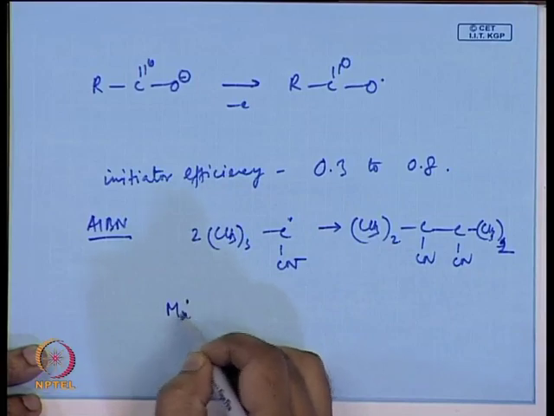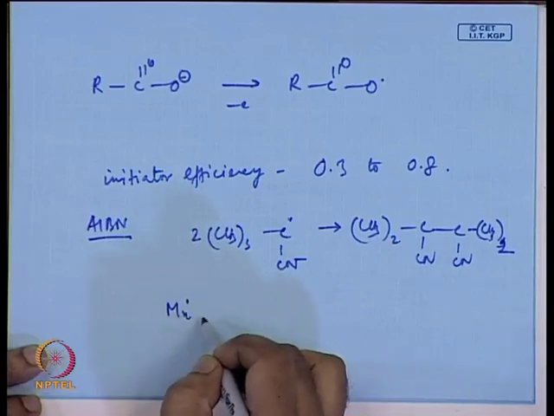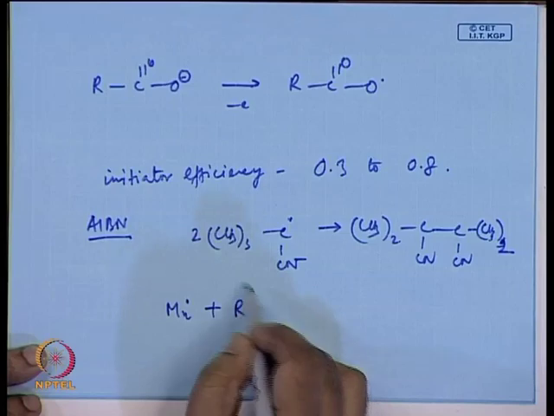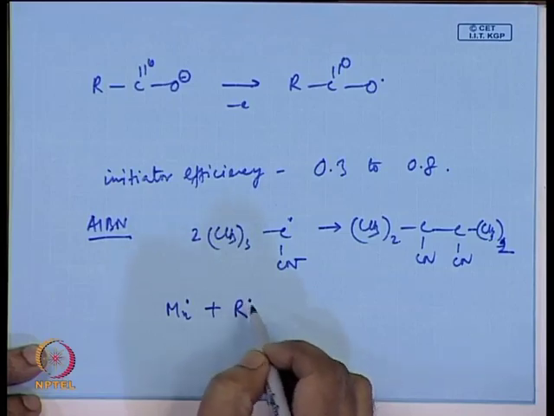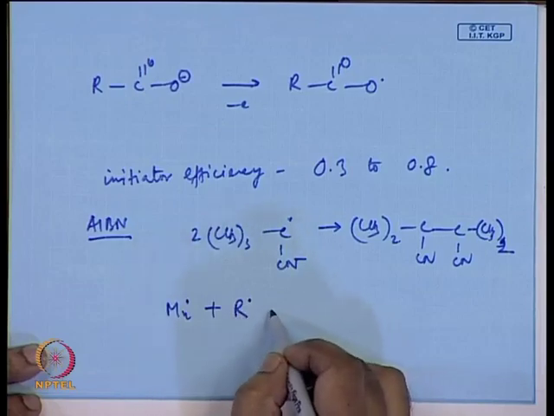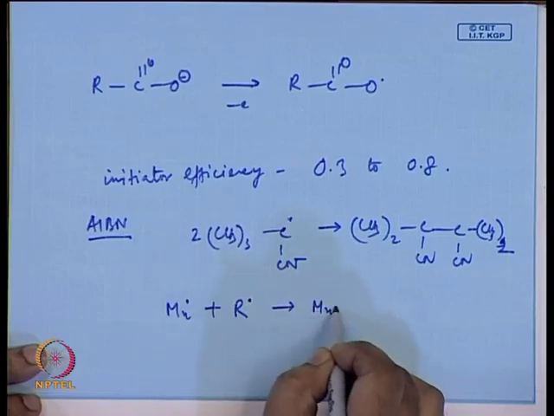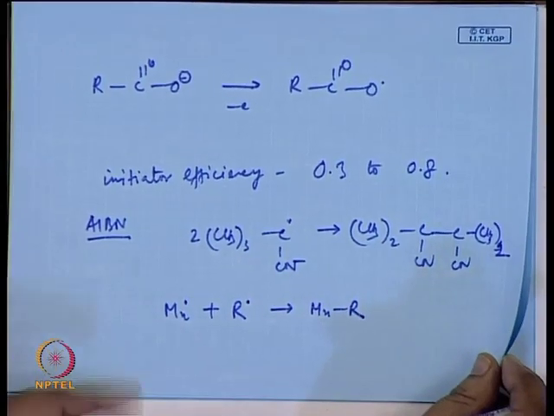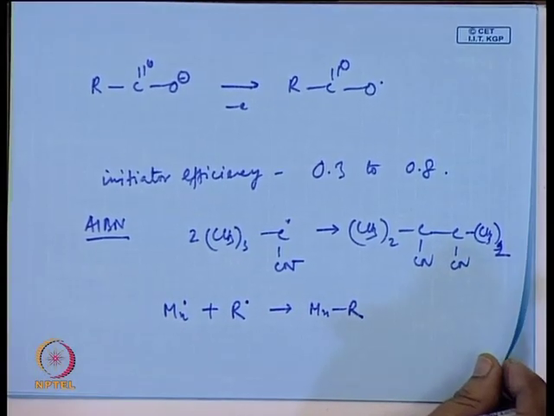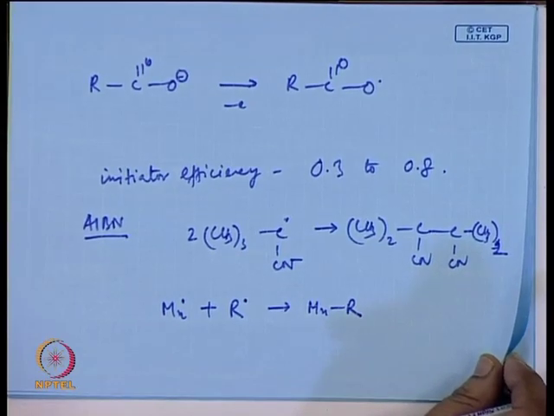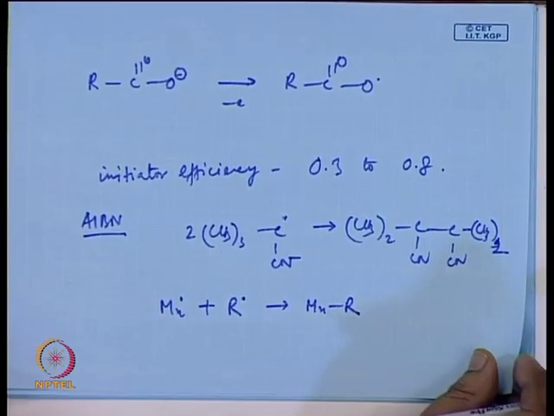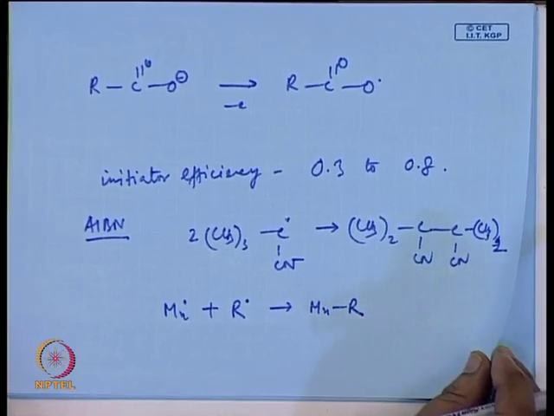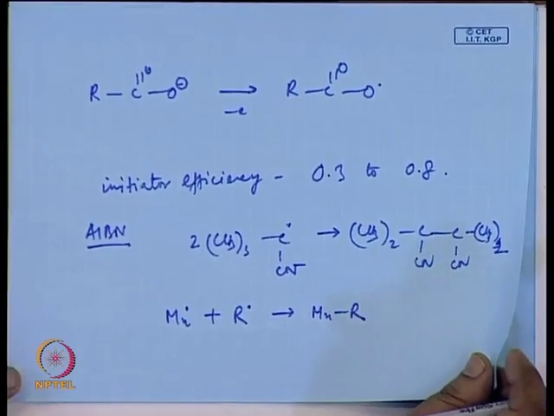A propagating chain, which is expressed as Mn dot, can also react with a primary radical and form a dead molecule. So, these are a few ways where the radicals generated by the initiator molecules get destroyed and form non-reactive molecules. Other examples,